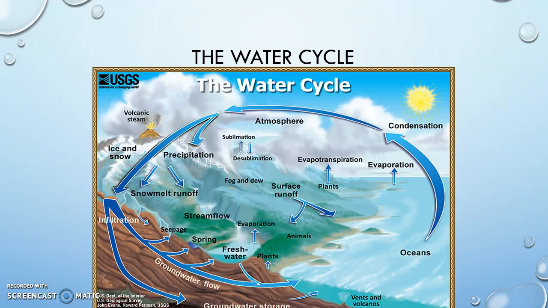So if you look here, okay, we have the oceans, the sun causes evaporation. That's when the liquid turns into a gas, which we call water vapor. You have condensation because as hot air rises, cold air sinks. That hot air rises as it keeps going up. It's going to get cooler, and